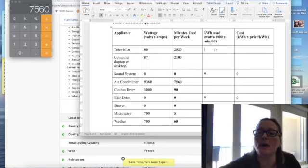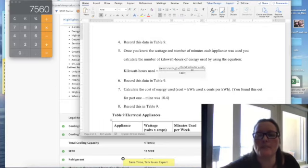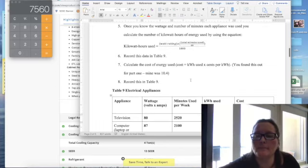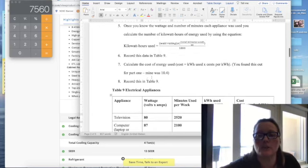So now, kilowatts used. So watts times minutes over 60. This is very confusing. That's why I'm going right back up here, because it says it wants us to do the watt rating times the total minutes divided by 60. So first I'm going to do that. So for this one, I will say